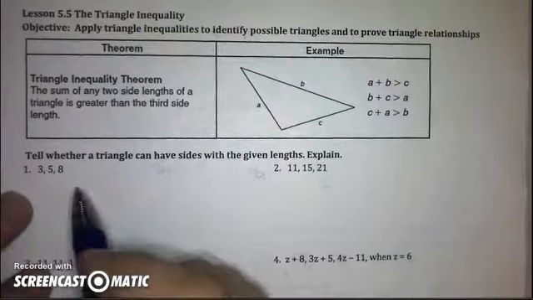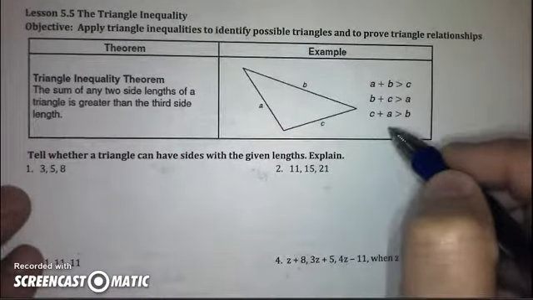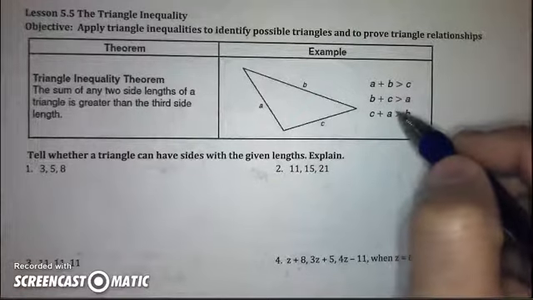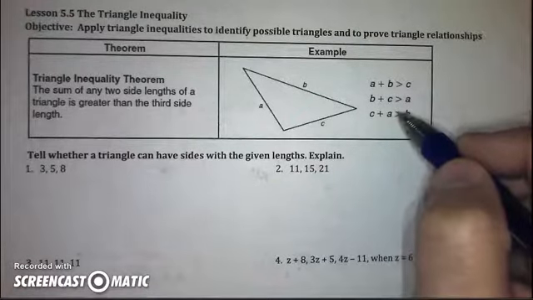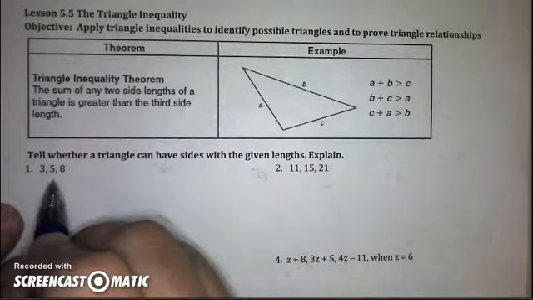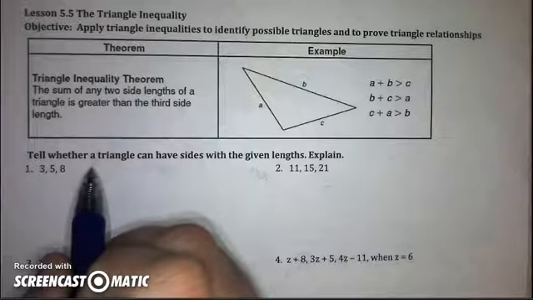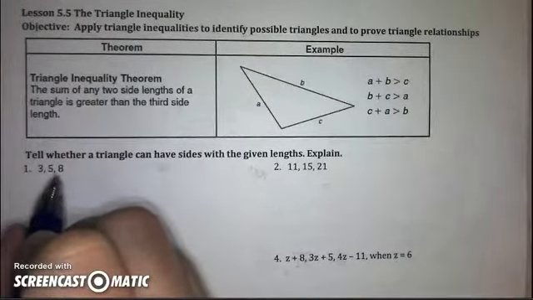When you start to apply this with real numbers, though, here's what you're going to notice. We don't have to check all three of these relationships to see if they're true. We're just going to have to pick out one. So in order for three sides to be the sides of a triangle, any two have to always add up to more than the third. So if I just take these two at a time,